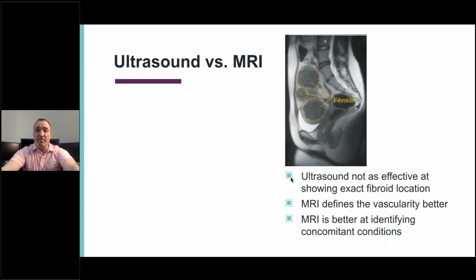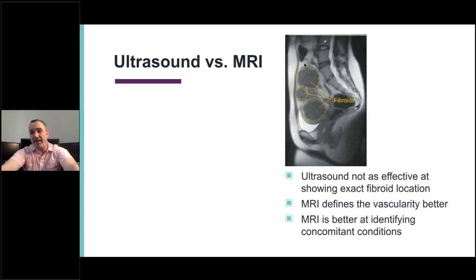So here's an image from an MRI, and while no one would expect anybody to interpret these images, in this little small picture, you can see it says fibroids, and here is a uterus that is growing all the way up to here. Here's the belly button. So you can see this is just a little bit below the belly button. It's a pretty big uterus. This is the lower back. So you can see, as I was saying, that these fibroids can compress or press along the front of the uterus and push on the bladder. This white area here is the urine or water in the bladder.